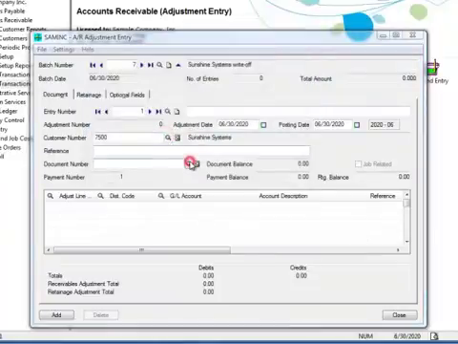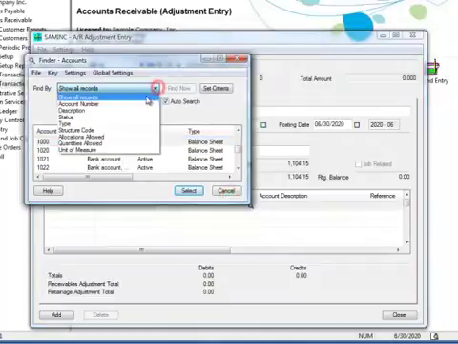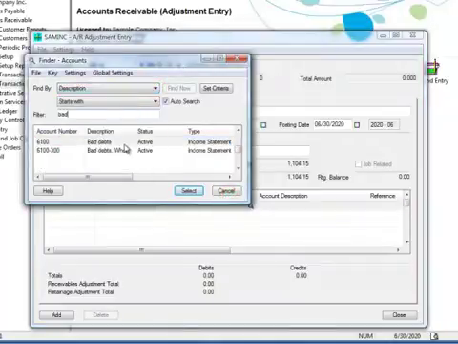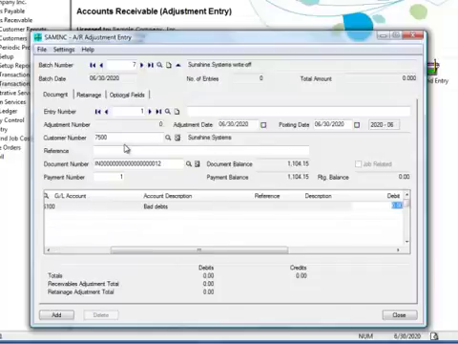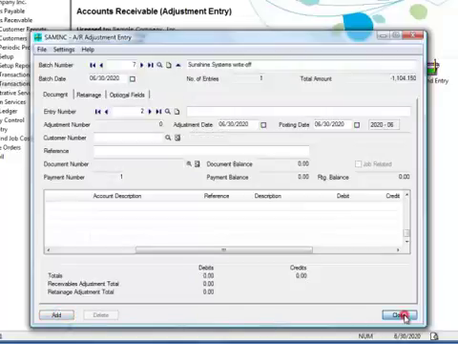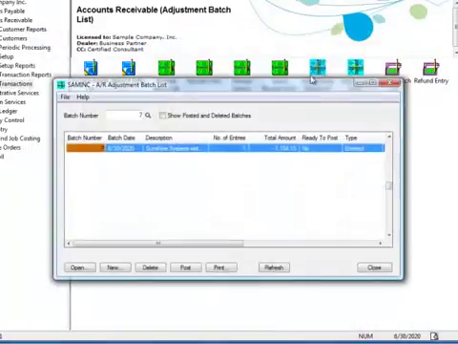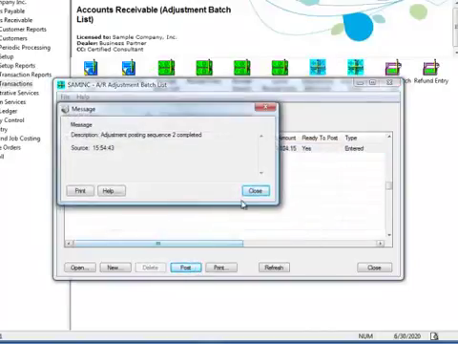Moving to document number, we'll select the invoice, which was for $1,104.15. Moving down to the grid, we'll once again select the Bad Debt Expense account. And as well, you can break out taxes here or apply the full amount to bad debt as we're doing for this example. Since this is a bad debt, we'll enter the full amount of the invoice, which is $1104.15, as a debit. Now we'll click Add and then Close. To post the batch, we'll open the Adjustment Batch list, hit Post, then Yes, and now we'll close the message